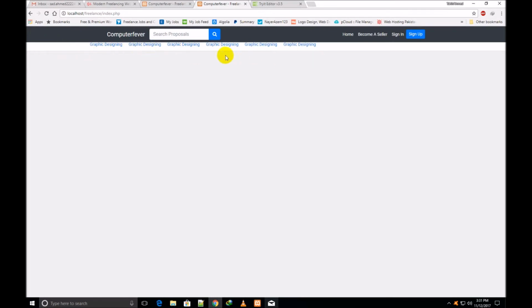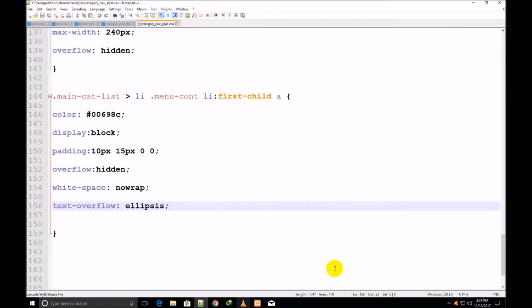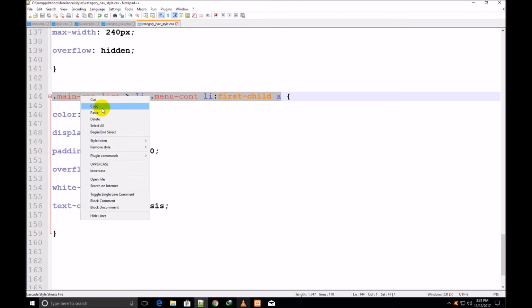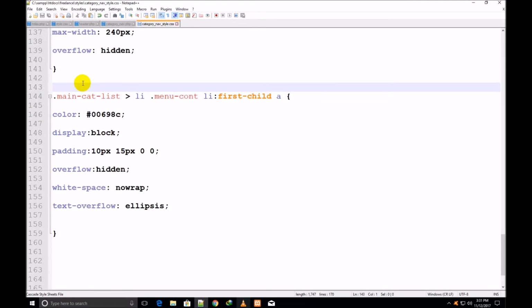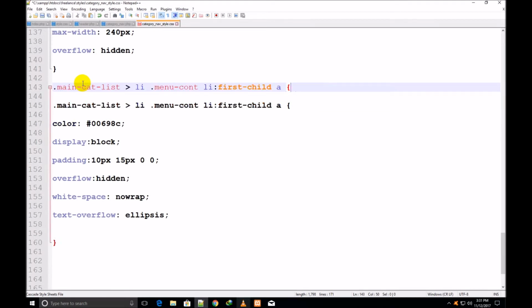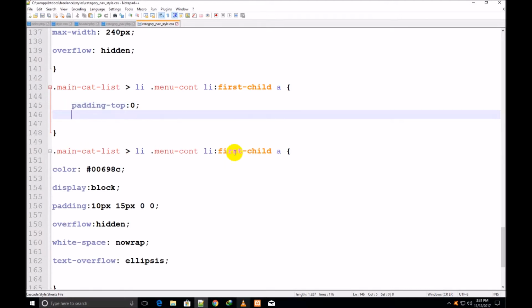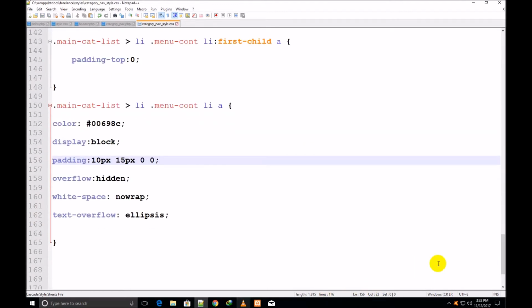Friends, now all these categories are showing in this way, but I think there is some mistake. So I come back and see, yes, I have made a little mistake. Actually it is padding-top only 0, and I have given this class to the next one. So I copy all these classes and paste them right above, and here I put curly brackets and write padding-top: 0;. And here I make an amendment in this class. It is not the first child,